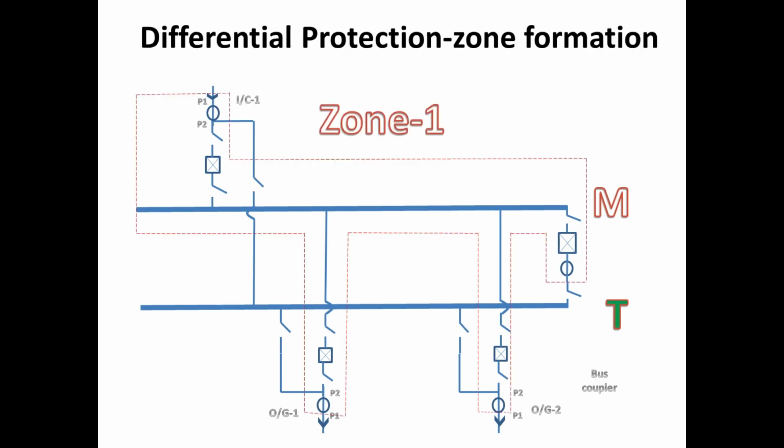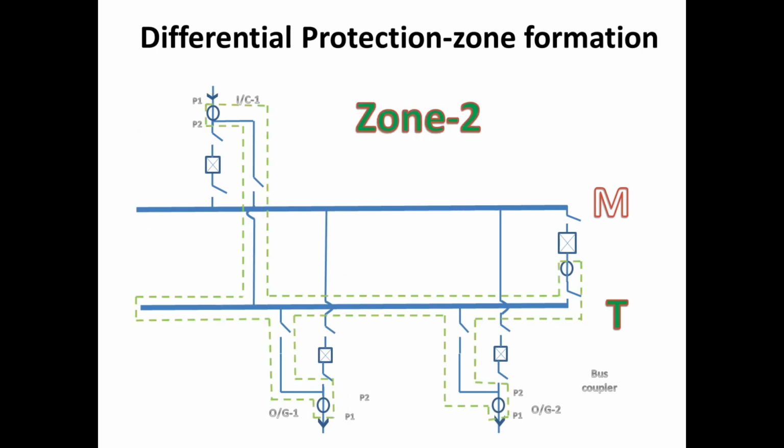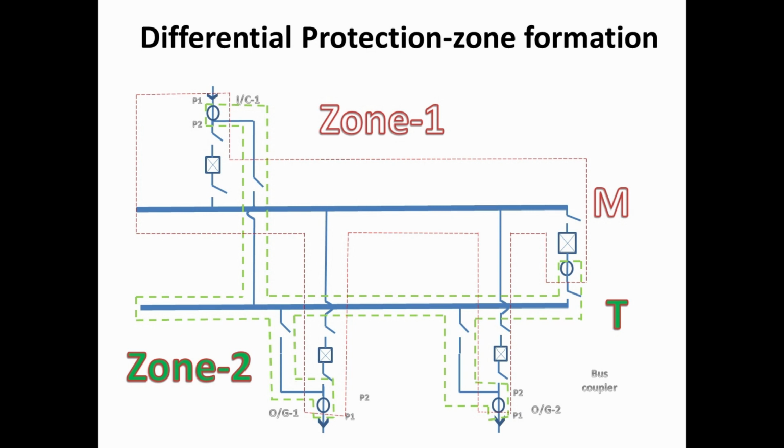Now we go for formation of zone. Zone 1 covers the main bus along with the Q52, Q89 and Q87 side along with the CT. And zone 2 covers the transfer bus along with the Q88 isolator. Now we form two zones. If you see these zones, the zones are perfectly overlapping and covering all regions, but the zones are formed